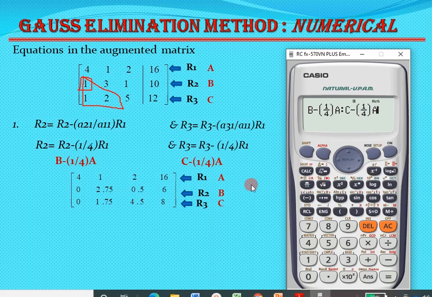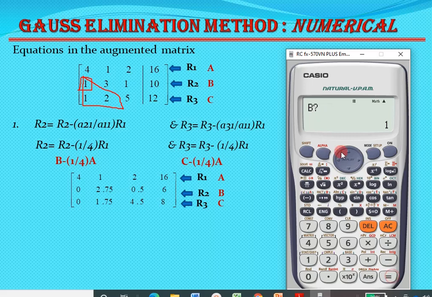So after defining the equations, we have to press this CALC button. Then it asks you the B value. So the B value we have to write for row number 2, and this is for column 1. So this column 1 value is 1, so we write 1 equal to. Then it asks the A value. The A value in column 1 is 4, so press 4 equal to, and then the C value. The C value in column 1 is 1, so press 1 equal to. Then we will get the new B value as 0, and this value is written here. Then again by pressing equal to, you will get the new C value, which is again 0, so this C value is written here.